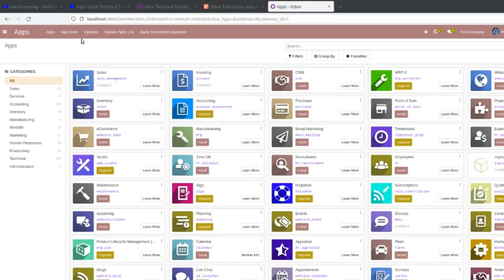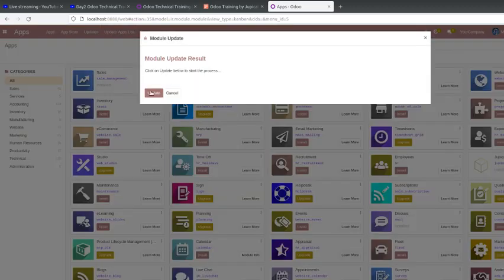In the initial case, when you log in to the system, you might not have activated debug mode. So make sure you activate debug mode, and then you will be able to see these menus, where you can click on update apps list and it will load the new modules that you created.